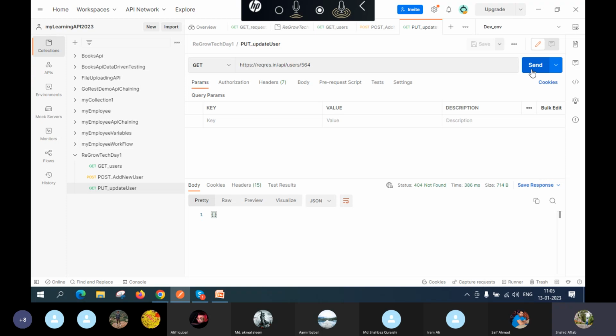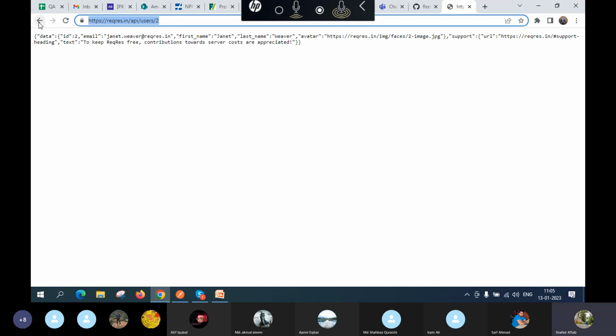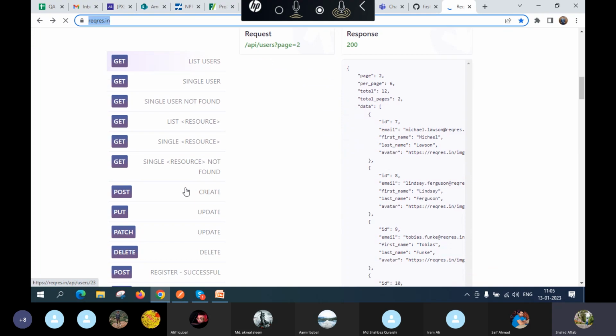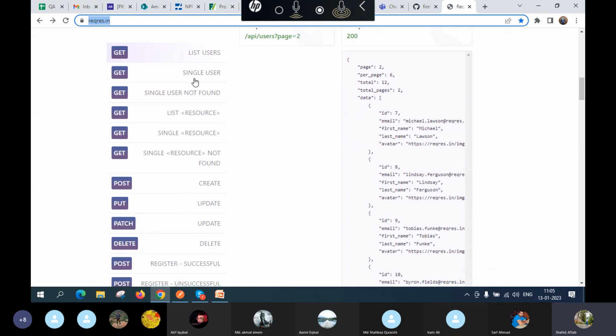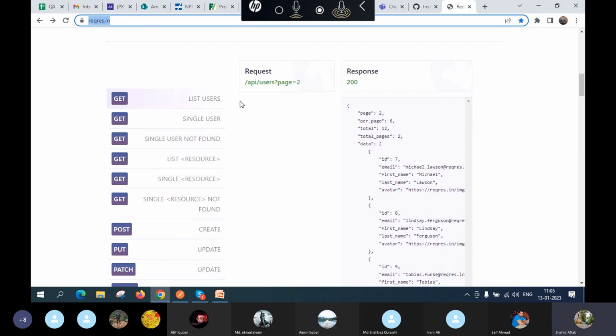It is not available. As these are fake APIs. Okay, these are the fake APIs. It will remain for that purpose of time. So this is the reason they have given us that they have created all these things. If you move here, it was just created for that time. Now they have created their own APIs which contain only 12 records every time, for testing